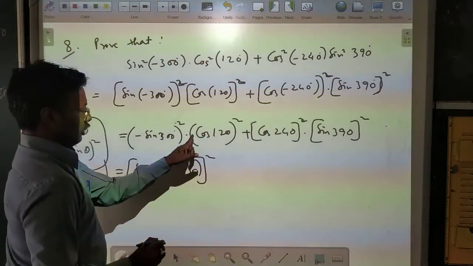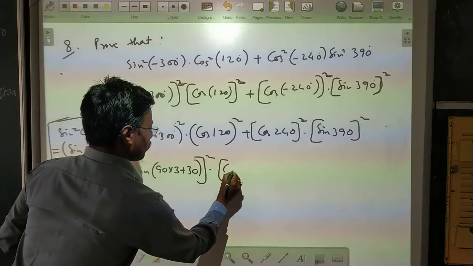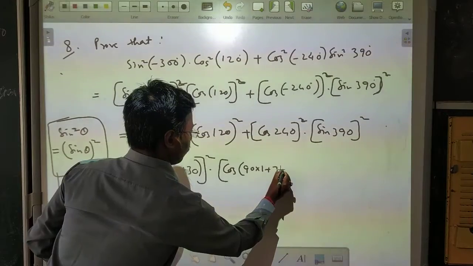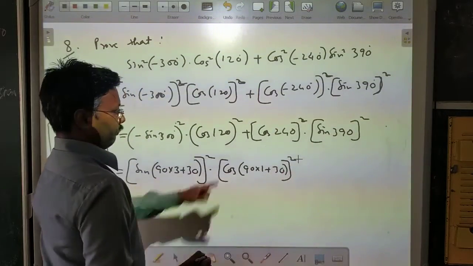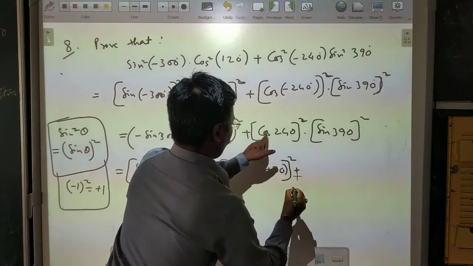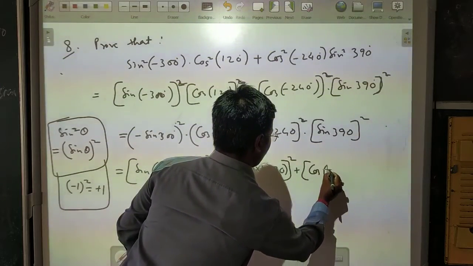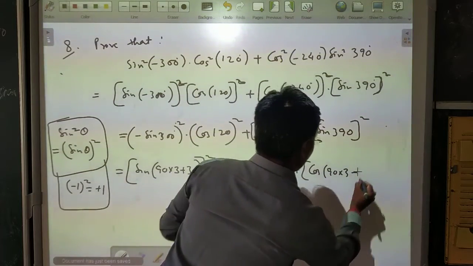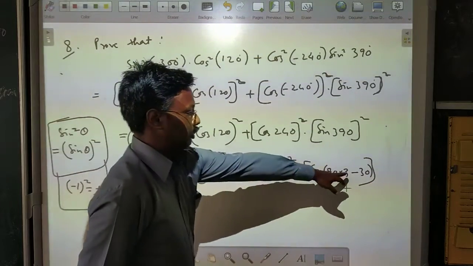Next we have cos 120 degree, that can be written as cos 90 into 1 plus 30. Then plus cos 240 can be written as cos 90 into 3 minus 30,